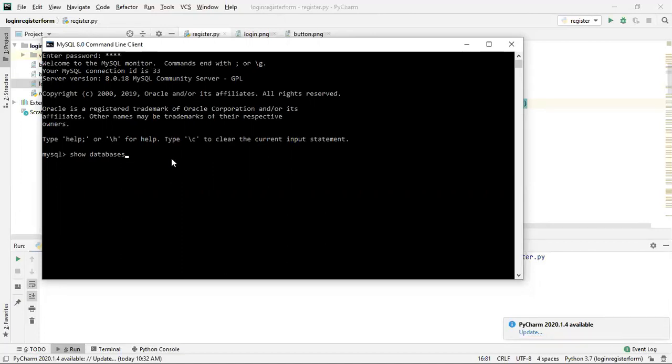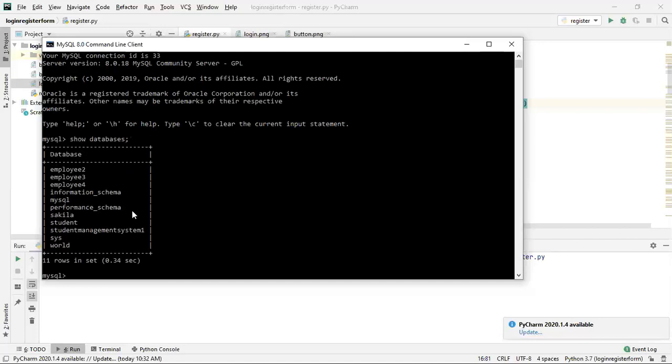We store everything in the form of tables in this MySQL relational database. If I click on show databases, the end of the command is decided with a semicolon. If I run this, these are all the databases that are already present.